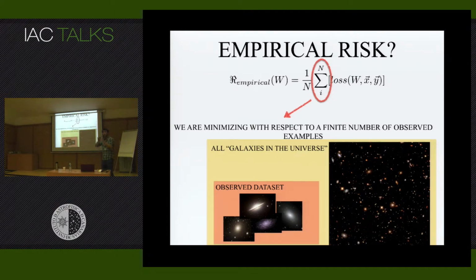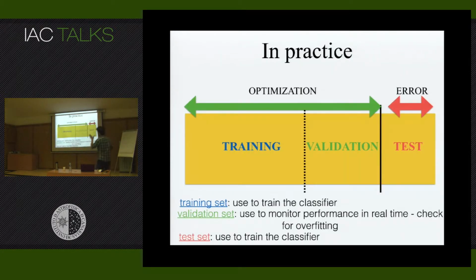And you are making a strong assumption in saying that your observed data set is your total data set. So you need to be very aware of biases when you train your algorithms. So in practice, the way we overcome this, and we'll hear about this a lot, is that you always use what we call a training set to optimize. Sometimes a validation data set that we use in neural networks, but I will show you this later.